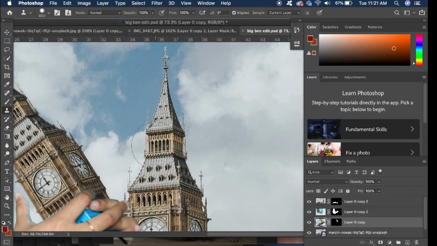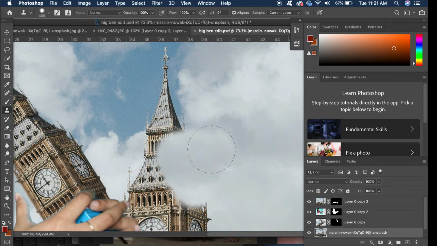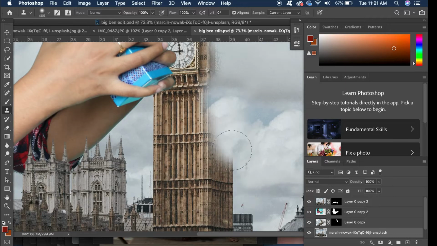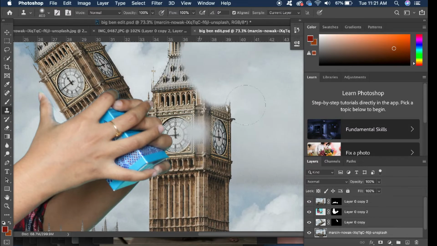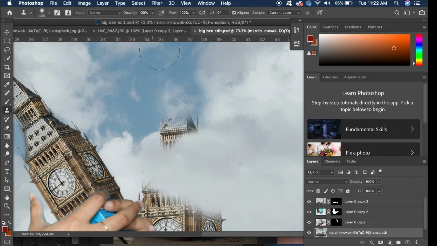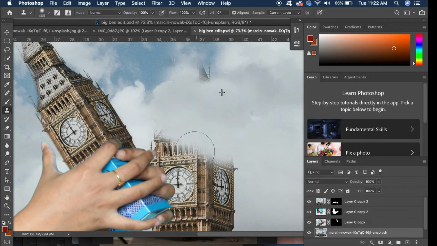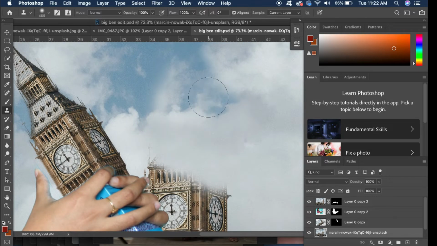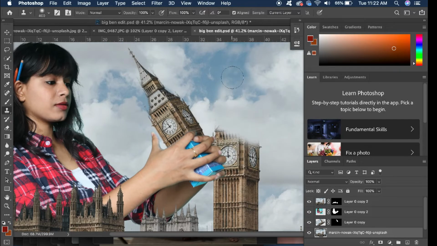अब आप ये सोच रहे हो कि यहाँ पे तो ऑलरेडी एक और पिक बना है, how to remove that. So for that we are going to use the clone tool which is on the side of the toolbar. What the cloning tool does is it clones the selected area. Now we are going to select some parts of the clouds to clone over the Big Ben because we don't want it. For that you have to use the clone stamp tool which is on the side of the toolbar and it's on the 10th number.